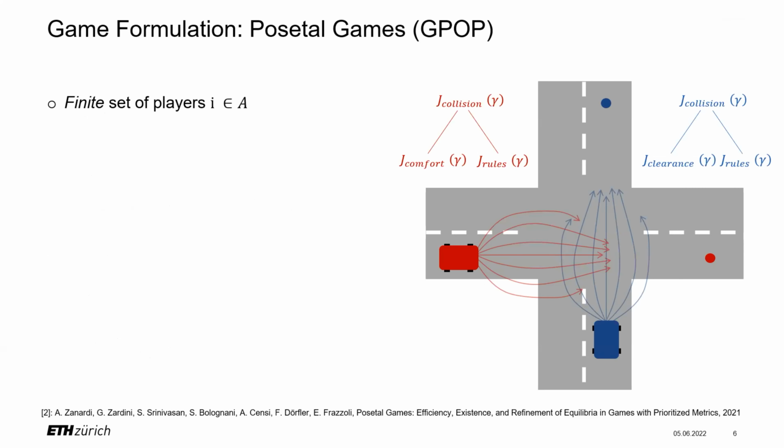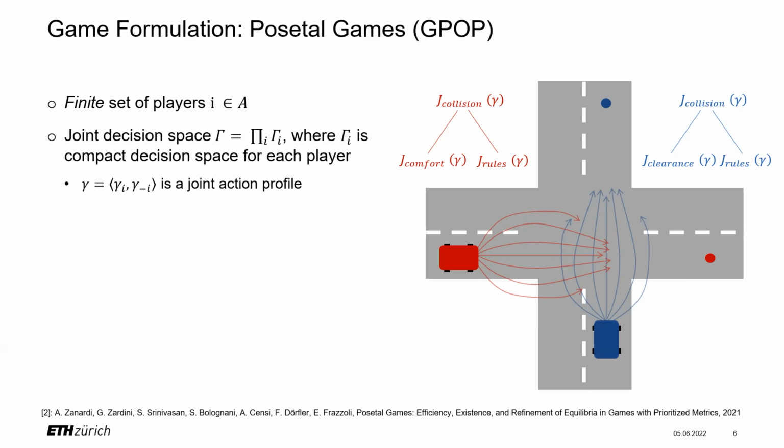But we need to define a game which is suitable for driving. So what we define here is what is called a Posetal Game, which is the result of research at the lab where I'm doing my thesis. You can find the paper on the bottom of the slide, which is a game with partially ordered preferences. So instead of having scalar costs, we will have partially ordered cost structures. So again, there is a finite set of players. There is a joint decision space, which is just a Cartesian product of all the decision spaces